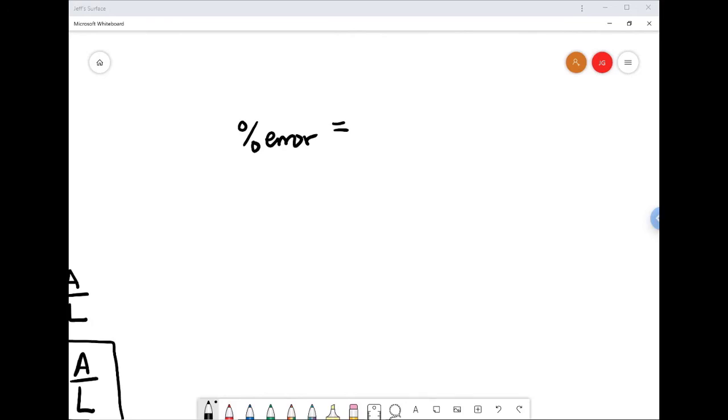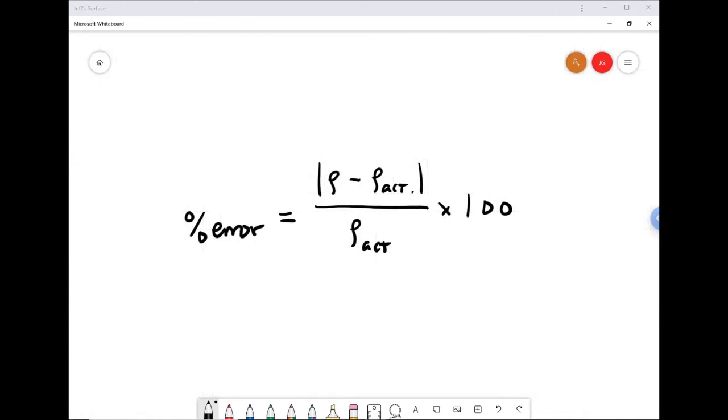The last thing I want you to calculate is the percent error between your experimental value for rho and the actual accepted value for rho. And that's how you do it. You take the absolute value of the difference between your experimental value and the accepted value, or actual value, divide by the actual or accepted, multiply by 100. You get percentage terms. All right, so I hope you find this last little piece helpful in figuring out these last pieces. So let me just finish up